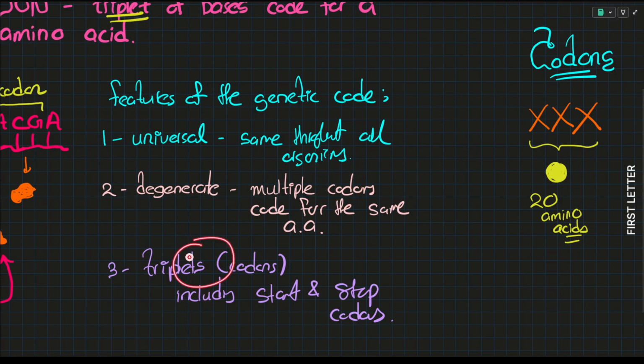And then finally, obviously we know now the genetic code is made out of triplets or codons, and that includes start and stop codons. Why do we need these start and stop codons? Now, when it comes to protein synthesis, first of all, we have to begin synthesis, and we should also have a point where we can end that synthesis. We have to always have a point to end, otherwise it's just going to completely transcribe the entire strand. Now don't worry about transcribing and producing amino acids and proteins, that will be discussed in a bit.